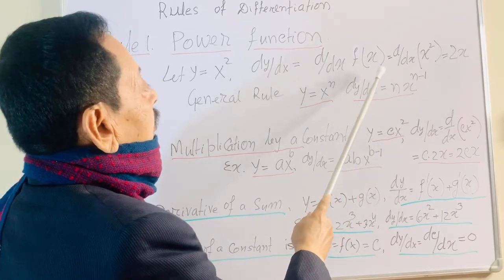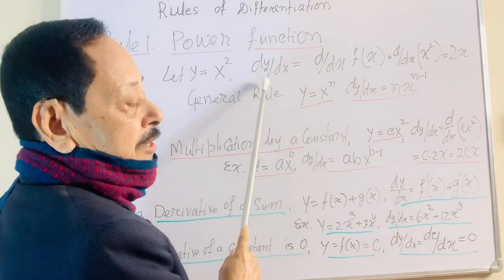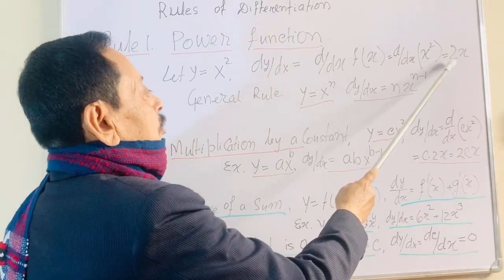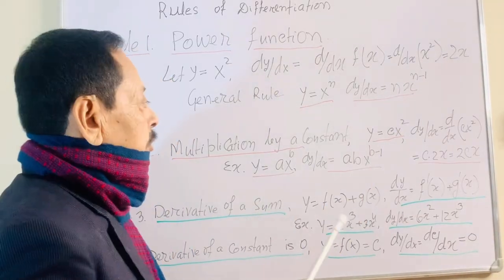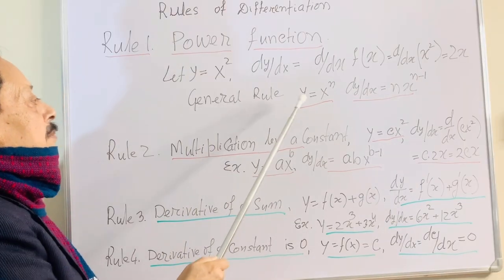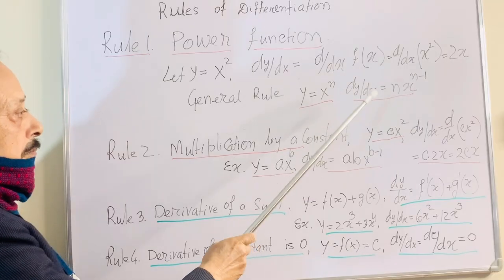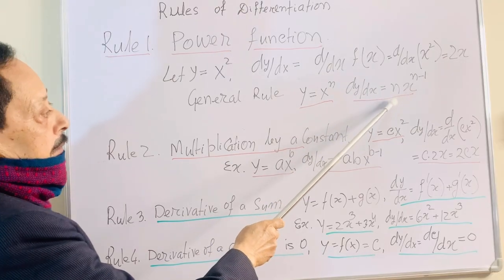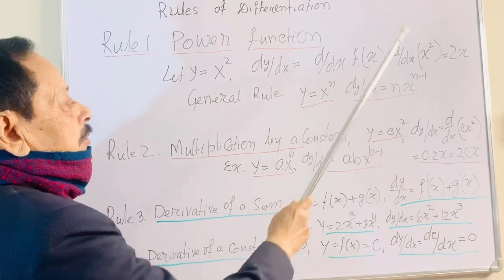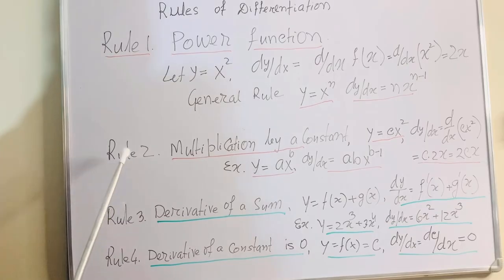So here dy by dx equals the limit as delta x tends to 0, and it will be 2x. So the general rule we have to remember is that if there is a power, dy by dx is equal to n x to the power n minus 1. This is the rule. Then rule 2,